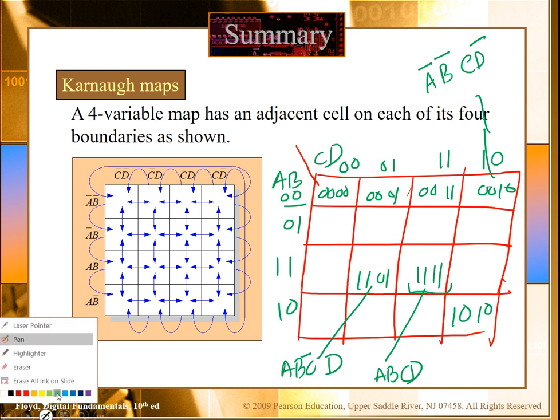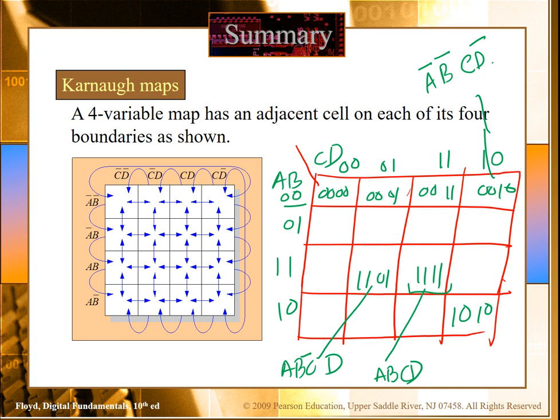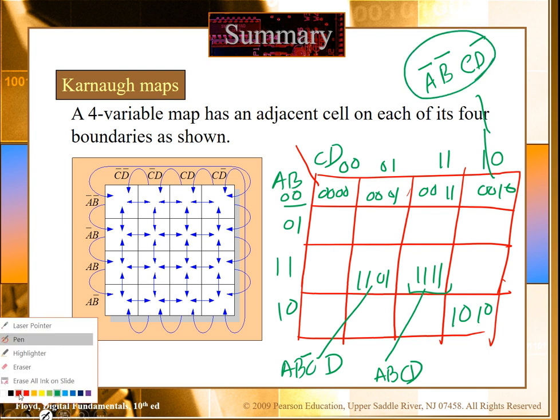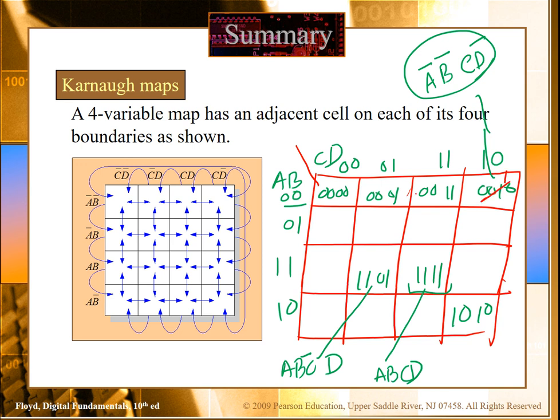Now if you want to simplify a 4 variable expression, wherever this expression appears, we just put 1 there. For example, this is one expression, so I will put 1 here. Then we have to group them, and then we can simplify them. I will explain that with an example during the live session. So that is the end of this second part of this lecture and the end of this chapter. Thank you very much for your time.